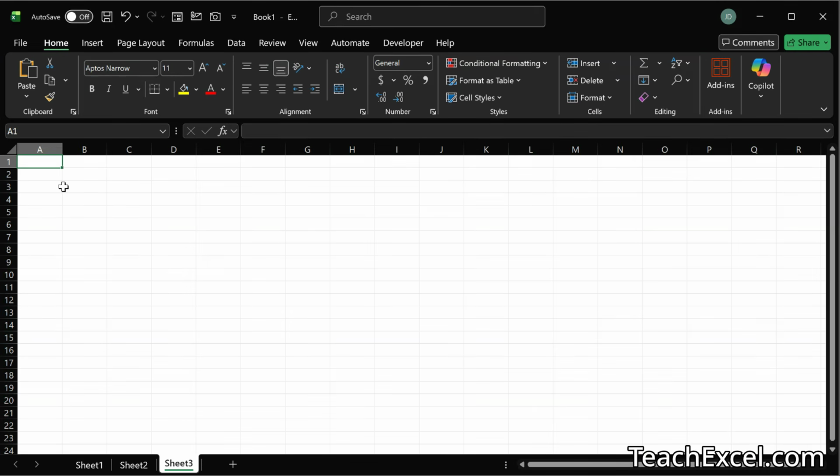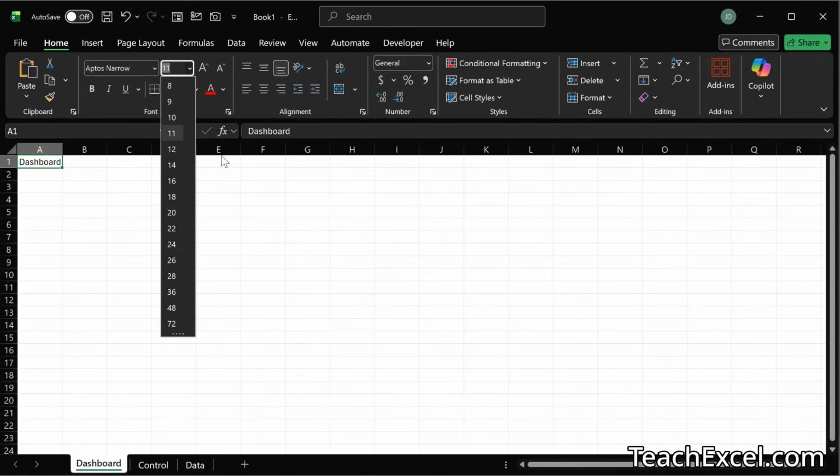Well, let's start this off in a blank workbook with everything visible, including our worksheet tabs down here. Now, your workbook does not have to be empty for you to add this feature to it. It's just going to be a lot easier for me to show this to you if we start with an empty workbook. And the first few things are just related to formatting. So let's give it a little title, add some formatting,